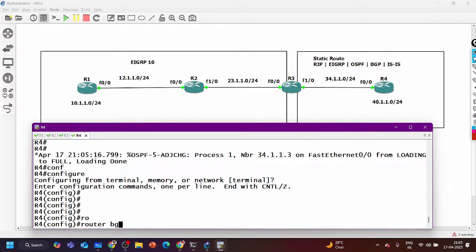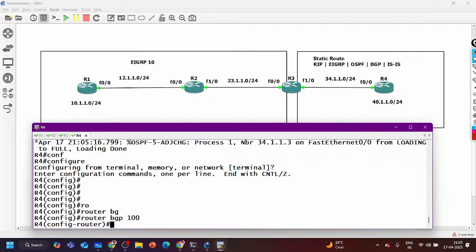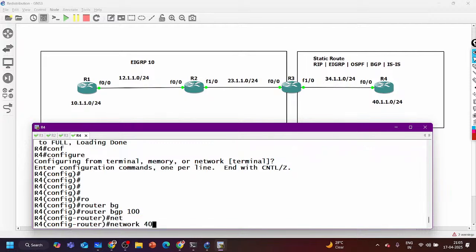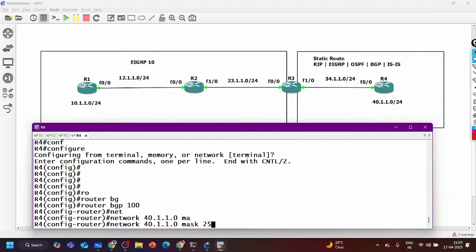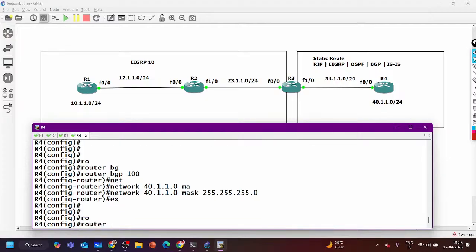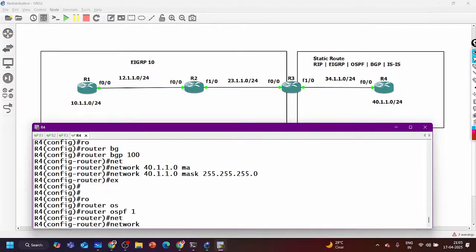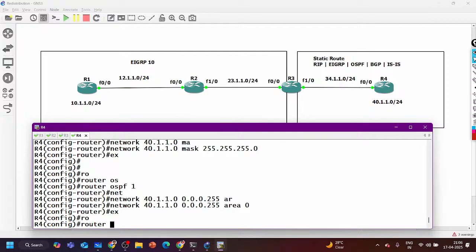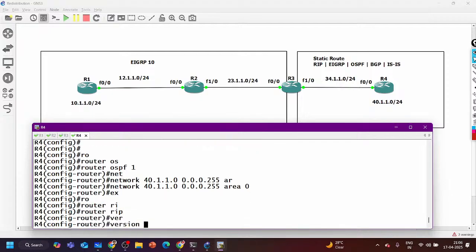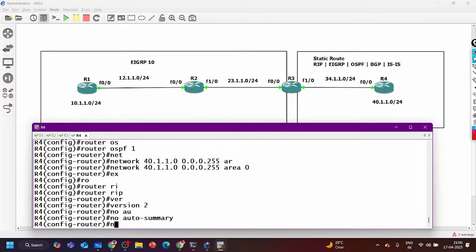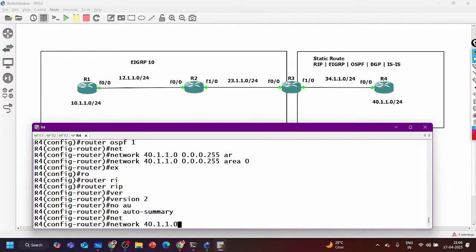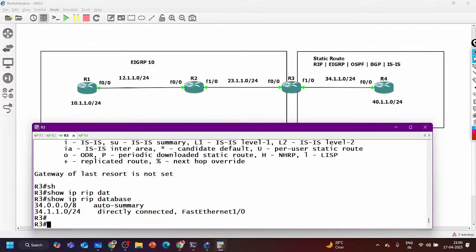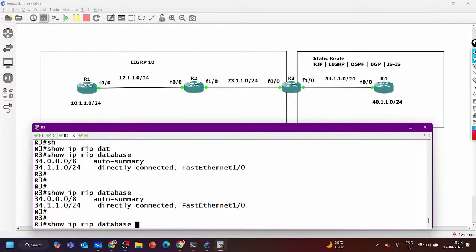Router LAN prefix, router BGP 100 and network 40.1.1.0 mask 255.255.255.0. Exit, router OSPF 1 and network 40.1.1.0 0.0.0.255 area 0. Then router RIP version 2, no auto summary and network 40.1.1.0. Now go to R3 and check. So show ip rip database. Wait for some time.